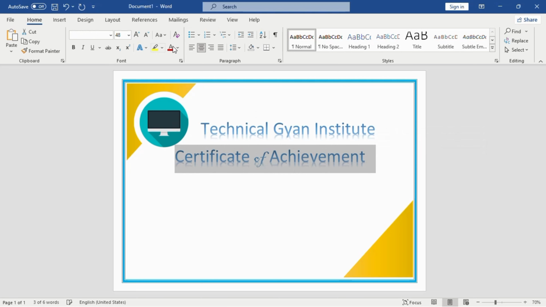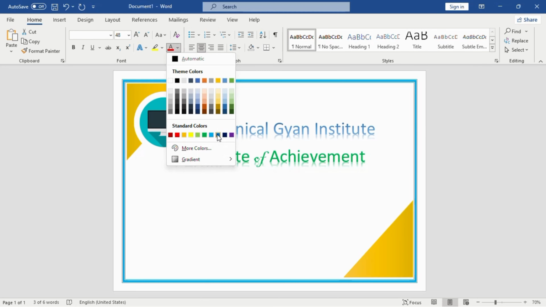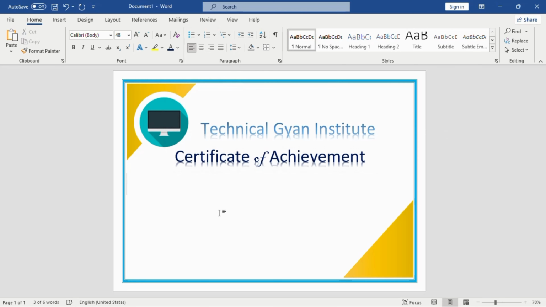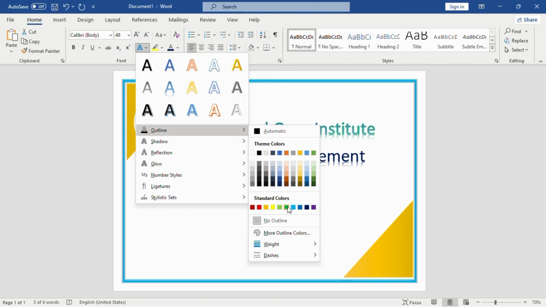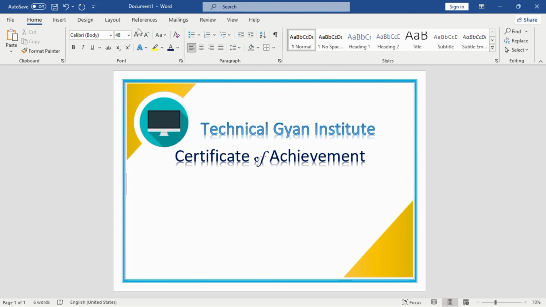Let's change the color, it will be this one, is good. Let's change its color to line color. Let's make it smaller and go to this one and simply write this